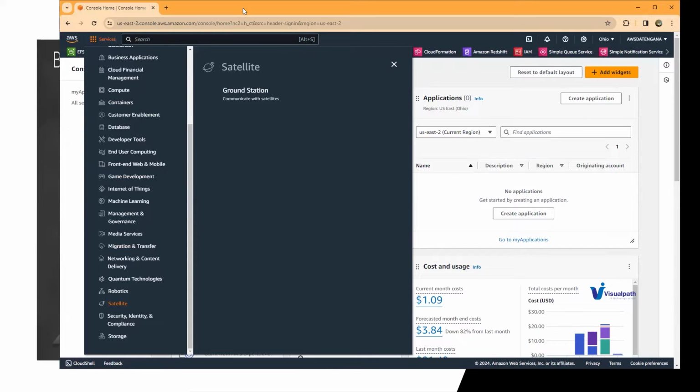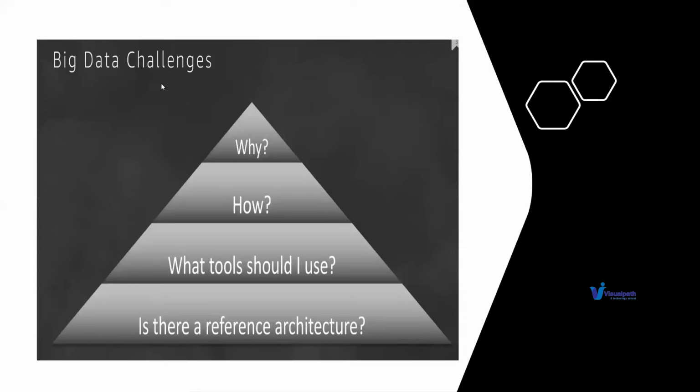So when you have this many services, from the data engineer and data analyst perspective, you need to understand why these many services exist and how to use them. AWS is not only for data engineering.